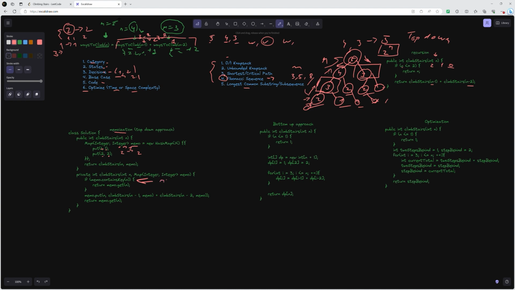So if we calculated it for n equal 3, we will not calculate it again. We will just retrieve it from our hash, and we will not go down into the recursion. That means this subtree will not exist, because we have calculated it here. This will reduce our time and space complexity to linear, proportional to the n stairs, because